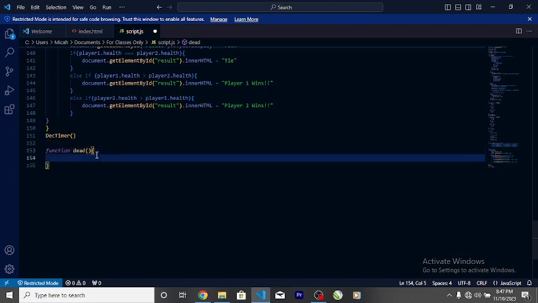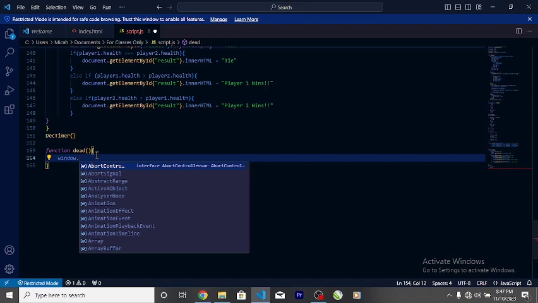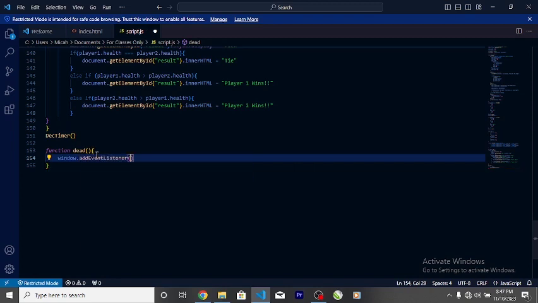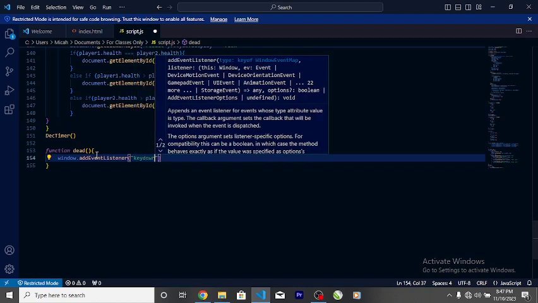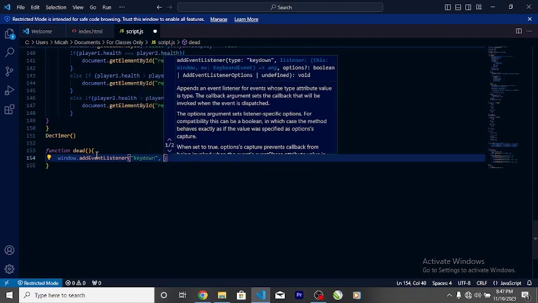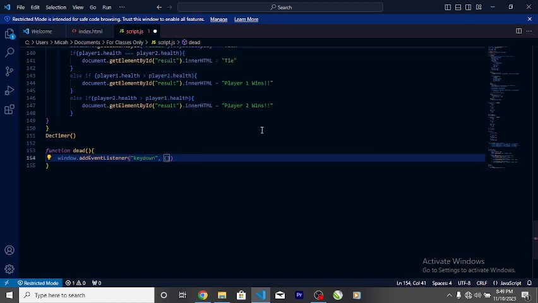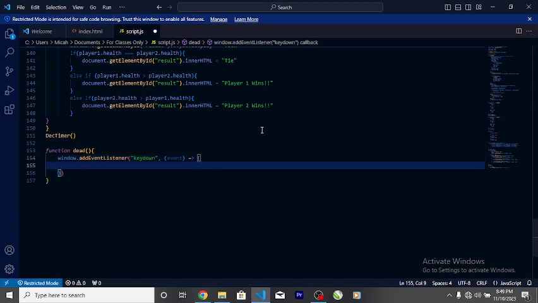And then we're going to say window dot add event listener, key down, and event, and then we're going to call this player 1 death